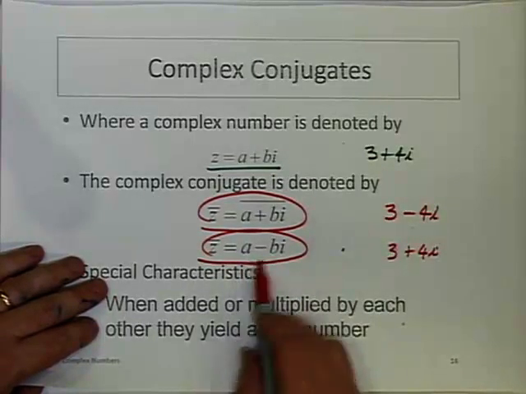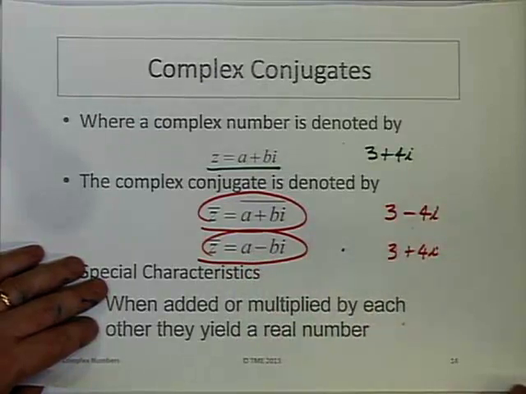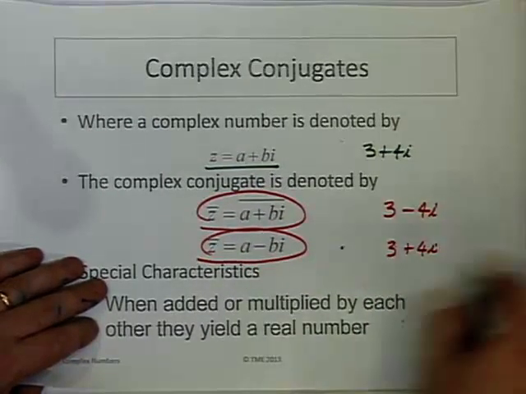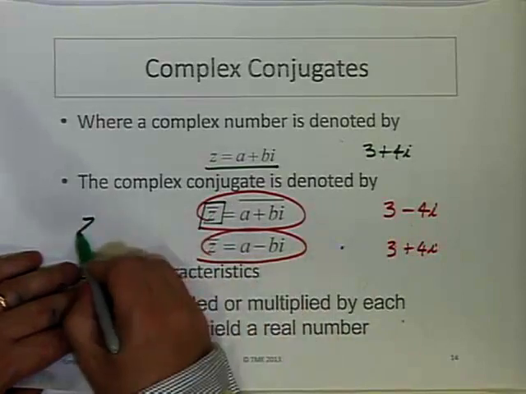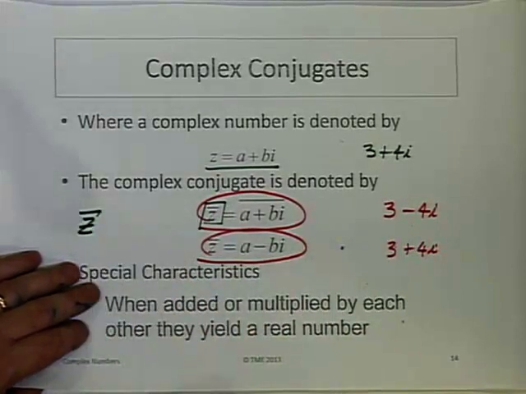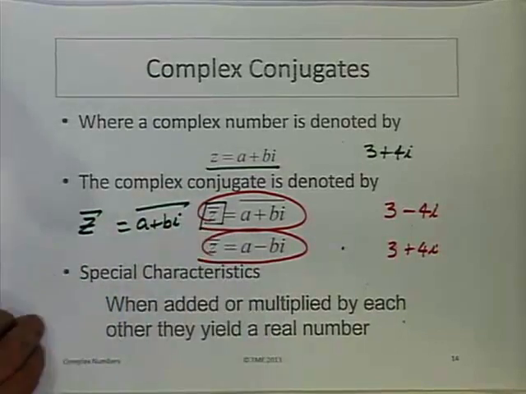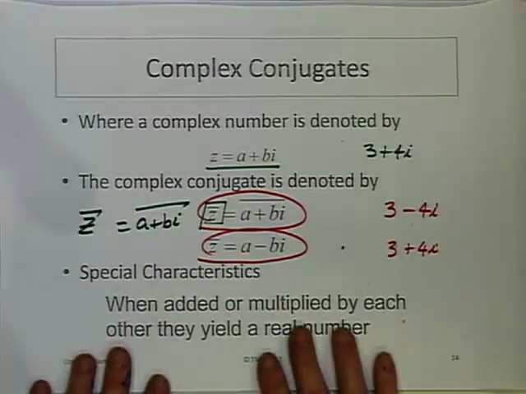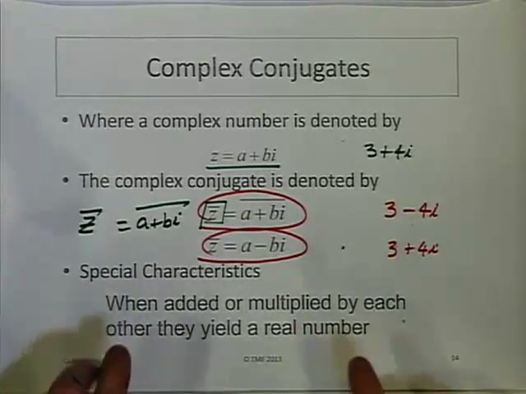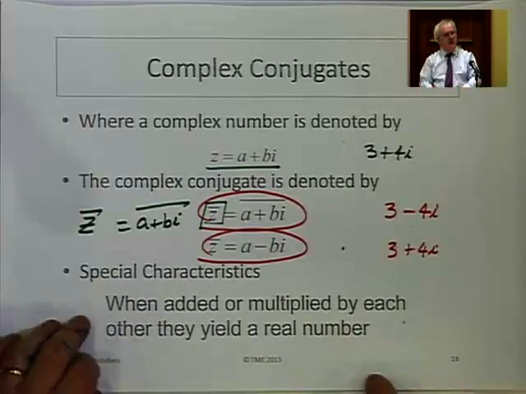Not that it's a negative number, but it's different to the other twin. And they define that with the letter Z bar. So Z bar is the symbol that says that's the complex conjugate, or they say a plus bi with the bar over it. The special thing about these, really cool, is that when you add them together or multiply them, all the messy minuses, all the messy